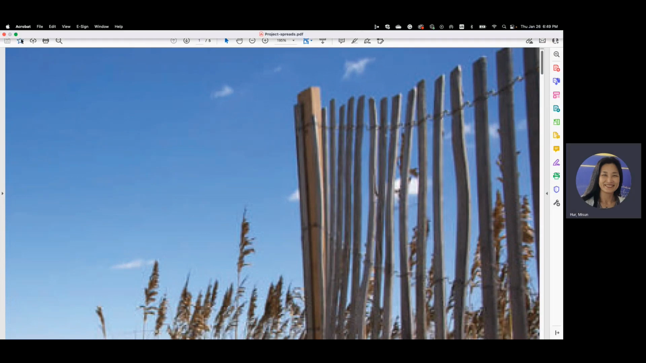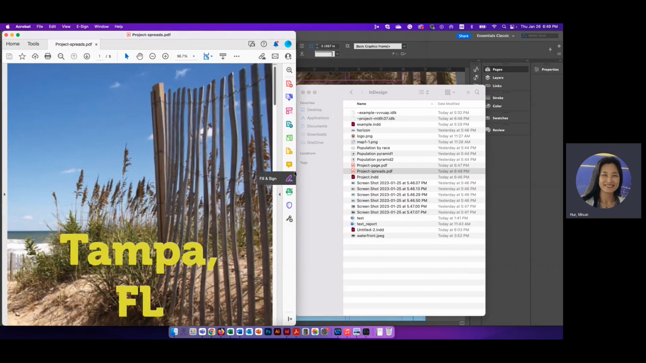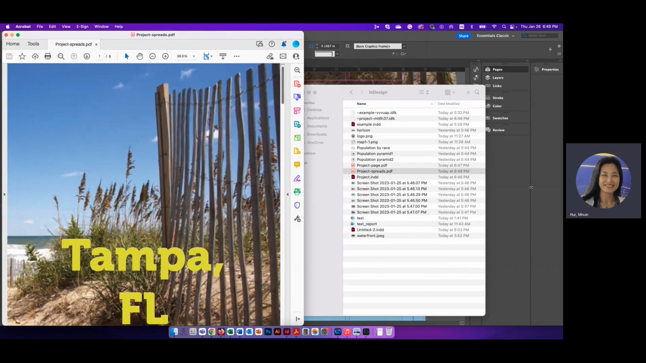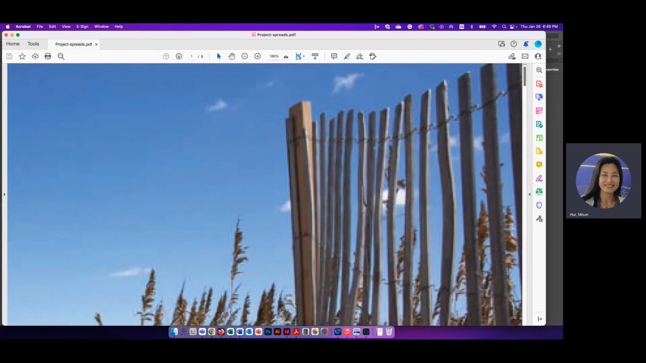I don't know whether you can see it or not, because I moved from one screen to the other screen when I hit that one. Okay. So from here,